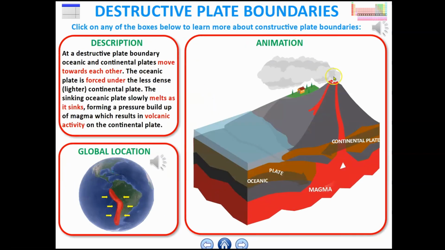So destructive plate boundaries, another type of plate movement, is where they move together and they can either bulge upwards, forming mountains, or one can subduct under the other, which is what we're seeing here, leading to one plate being destroyed underneath. At the destructive plate boundary, oceanic and continental plates move towards each other. The oceanic plate is forced under the less dense, lighter continental plate. The sinking oceanic plate slowly melts as it sinks, forming a pressure buildup of magma, which results in volcanic activity